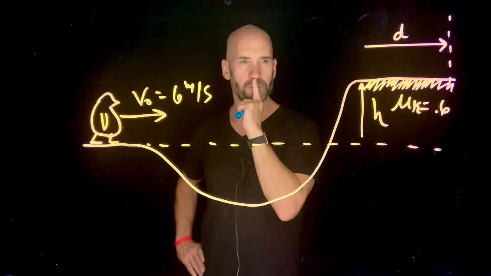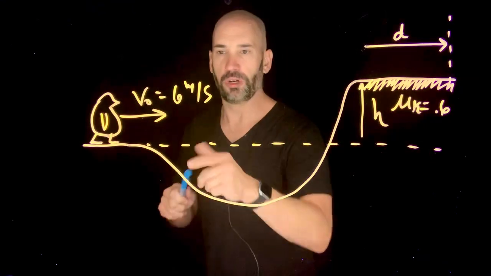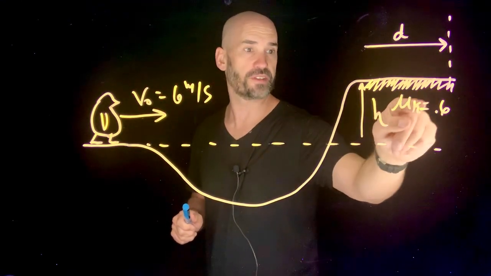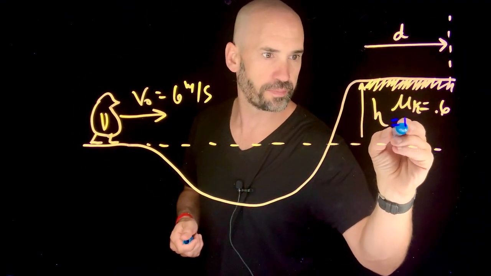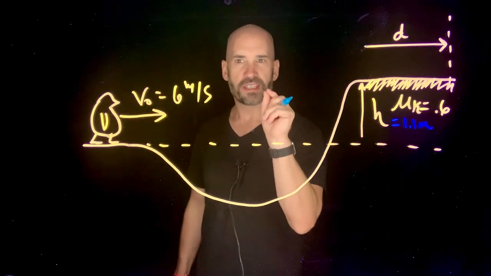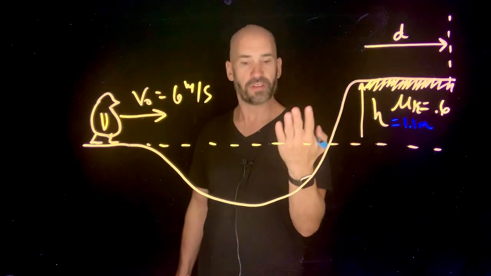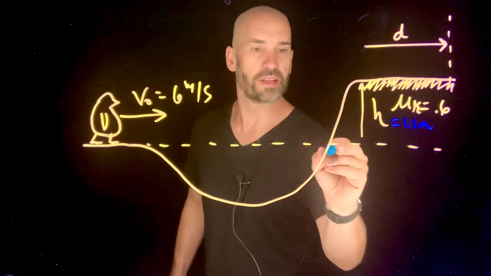So how do we deal with this? Okay, so a couple things we know. We know she starts with 6 meters per second. We know that the frictional coefficient of the surface is 0.6. We also know that this height over here is 1.1 meters, okay? And so we're going to solve this problem exactly the same way we would any other conservation of energy problem. And how do we start any conservation of energy problem? We start with E1